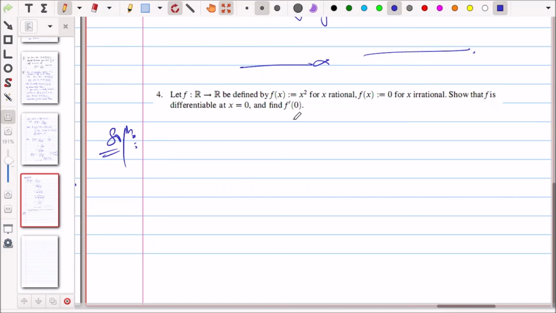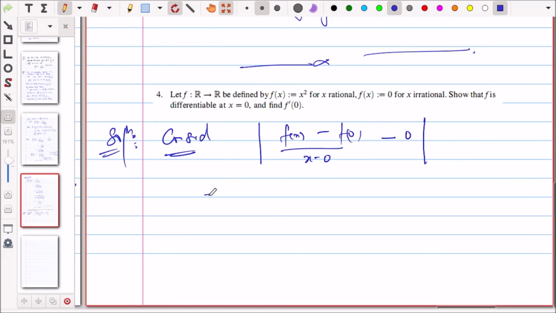सो हमें शो करना है कि f dash, सो हम 0 से स्टार्ट करेंगे, so consider fx minus f0 upon x minus 0, so now we will show that this 0 is the limit of this. So अभी हमने माना करा नहीं है, लेकिन we know intuitively, क्योंकि हमें लिमिट पता होनी चाहिए, अगर एक्सटर्नल डेफिनेशन लगा रहे हैं तो हमें ये पता होना चाहिए नंबर, ठीक है? ये हमें लेके चलना पड़ेगा कोई नंबर, we cannot work without it, ठीक है? सो 0 से हमारा इंट्यूशन कह रहा है कि अगर एग्जिस्ट करेगा तो it should be 0,